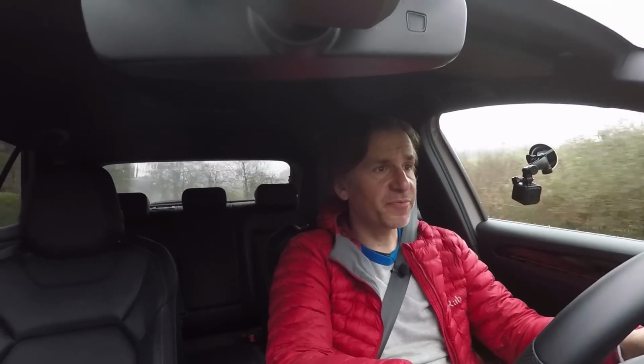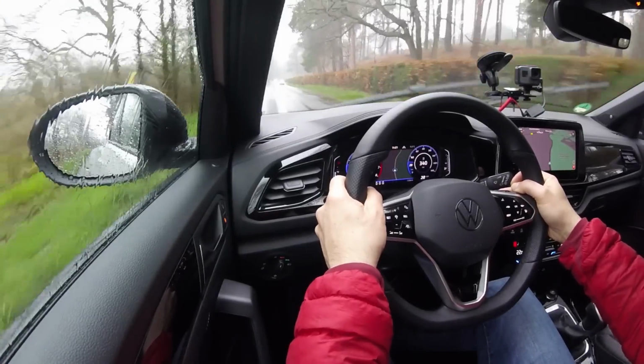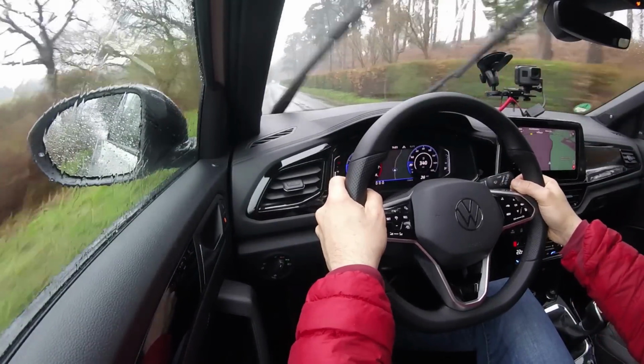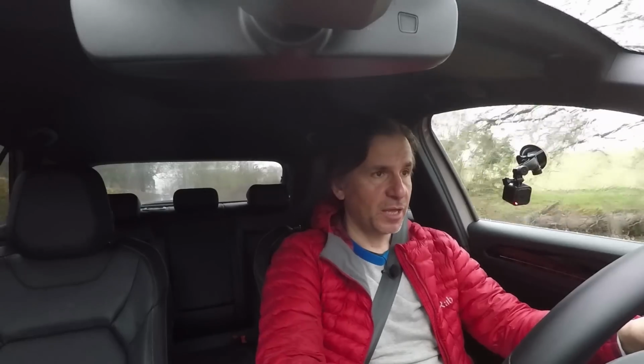So there's a bit of a rasp from the 1.5 engine. It's not completely soulless, but it isn't a performance engine as such. It's more geared for economy, and it does that with cylinder deactivation. So when you're on part throttle or no throttle, it'll turn off 2 of the cylinders, helping save fuel and reduce emissions. We've got 7-speed DSG,